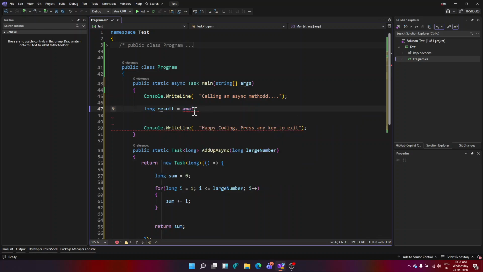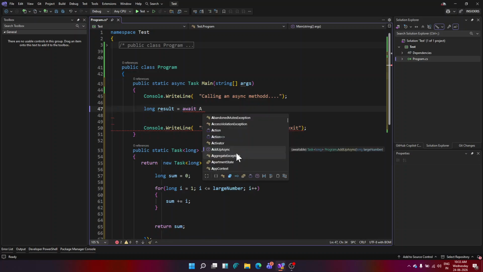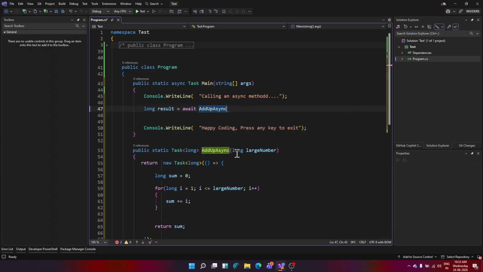The very moment I put await, you can see the function changes to async. And then we need to call this function AddUpToAsync. That's what I was talking about, that most of the async functions that you call, that you await on, have async in the end. That is how designers or coders develop those functions. Now here I want to pass a large number. For my processor, I believe this number will be quite big. Okay, let's see how long it takes.